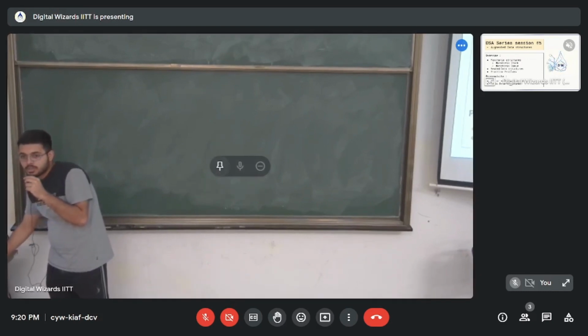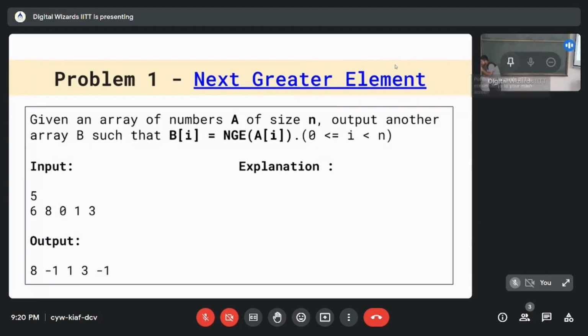So we're going to start with the warm-up question, and the question name is next greater element. I want to ask how many of you have heard about this problem, at least. It's literally the first problem that you encounter while solving problems on stacks. Maybe you might not be familiar with the exact wording, but let me just read out the problem